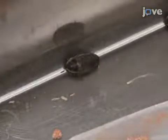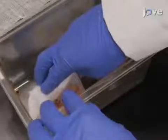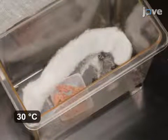Before starting embryo collection, first check the cage carefully for any embryos present and remove them. Once the cage is clear, place a stretched cotton ball into the cage and incubate the colony at 30 degrees Celsius. After the appropriate